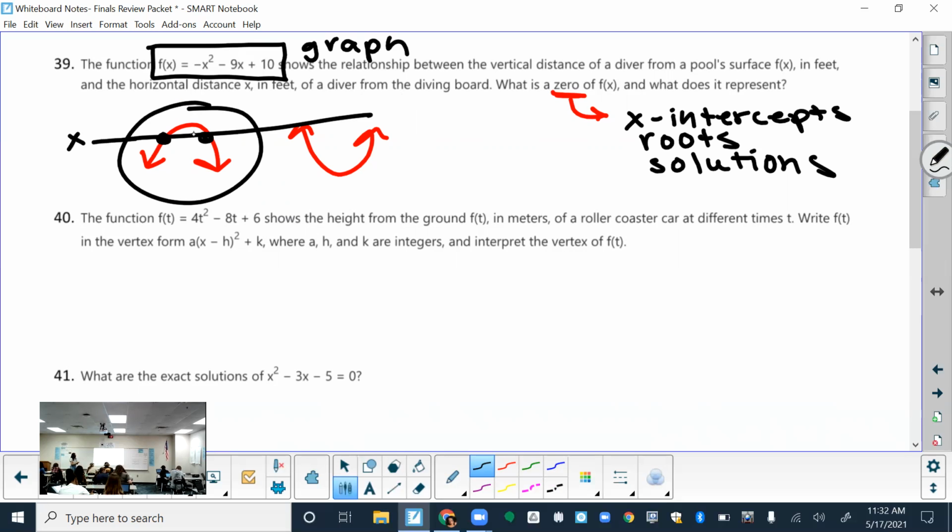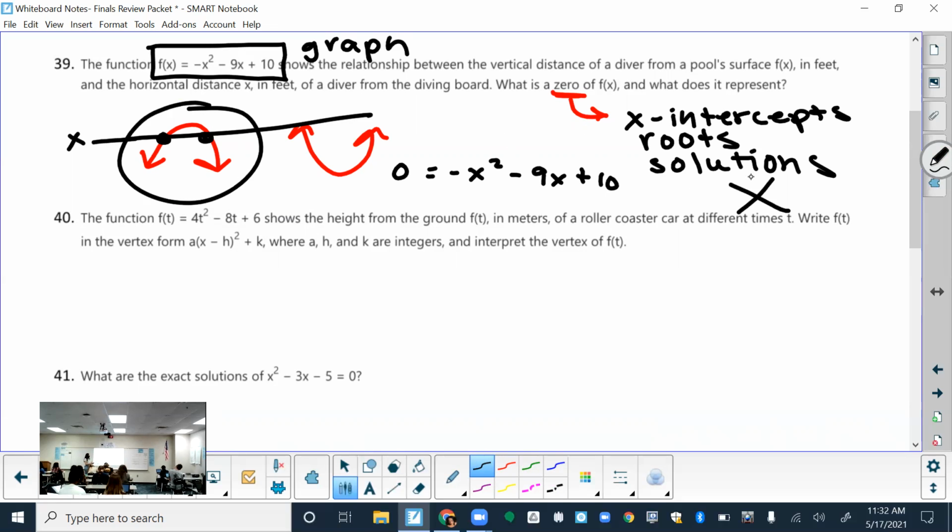All right, wherever it touches the x-axis are my zeros. You can also solve for it algebraically. You'll have to, if you want to solve for it algebraically, because maybe you won't know how to use the calculator tomorrow. You set it equal to 0. For this one, you can factor it or use the quadratic formula, but again, I'm not going to use the quadratic formula. So you have to write that down on your card.